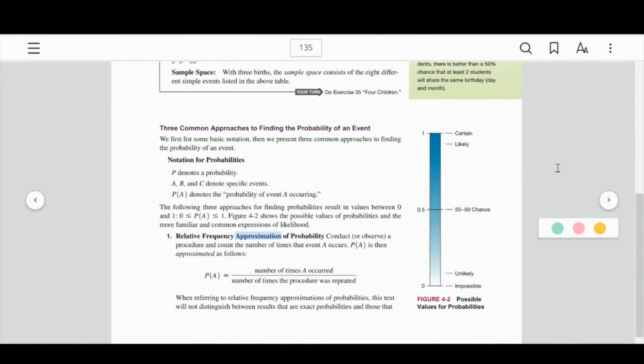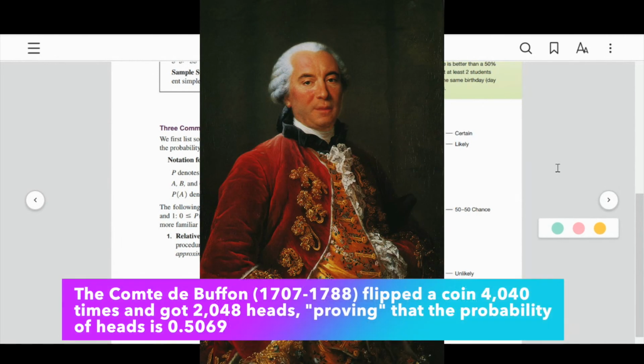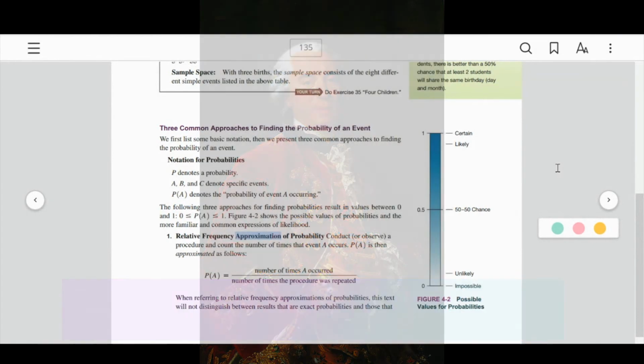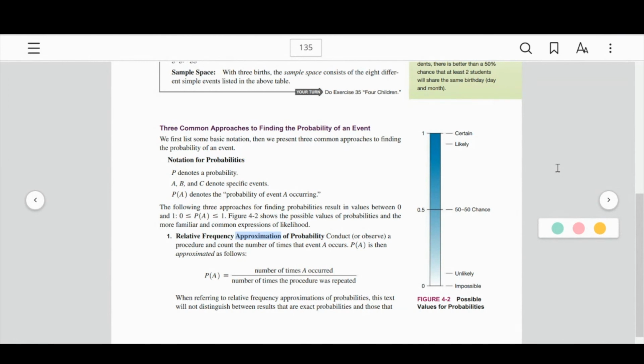If you're a zoology major, you may have heard of the Comte de Buffon, who was a Frenchman. Google him. It's worth Googling him just to see the picture they have of him. He was rich. He was a count. Really nice clothes. He looks good in that outfit. Red velvet, with the ruffles. Anyway, Comte de Buffon also, several hundred years ago, flipped a coin thousands and thousands of times.